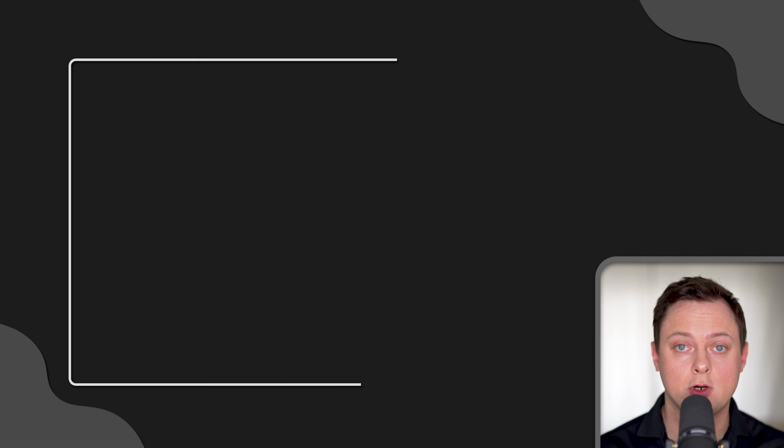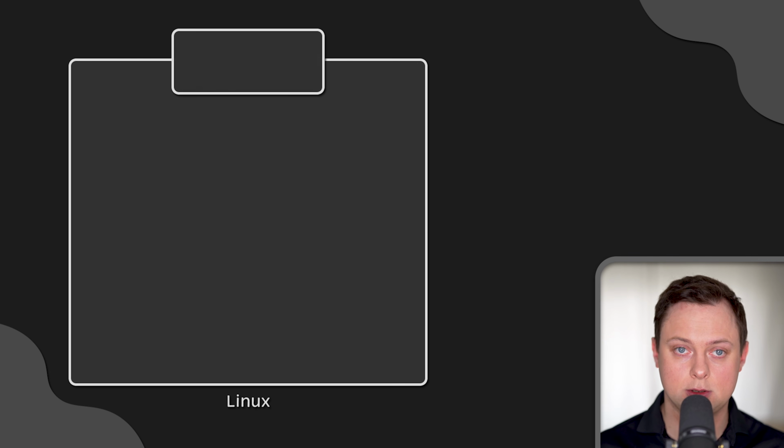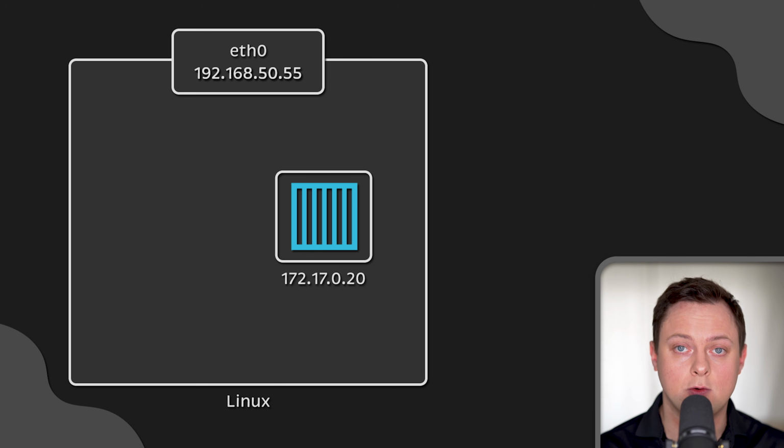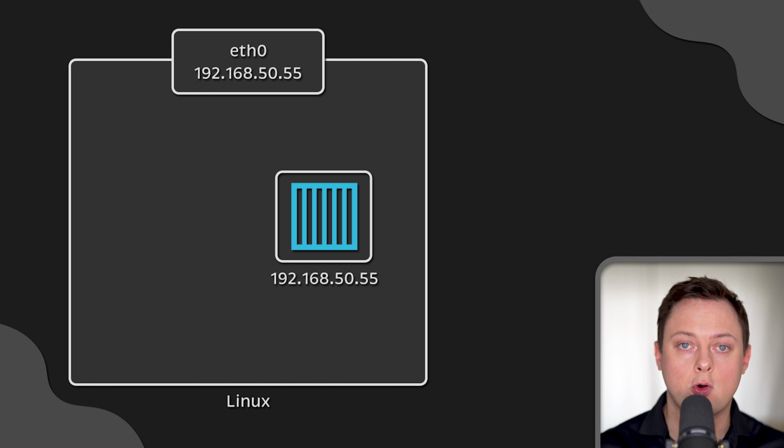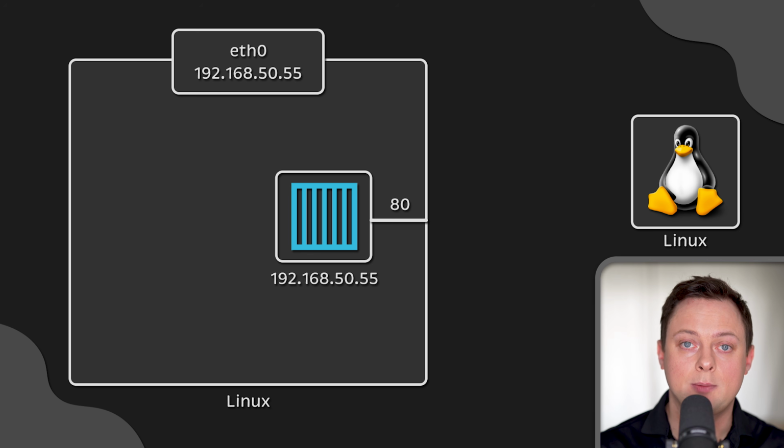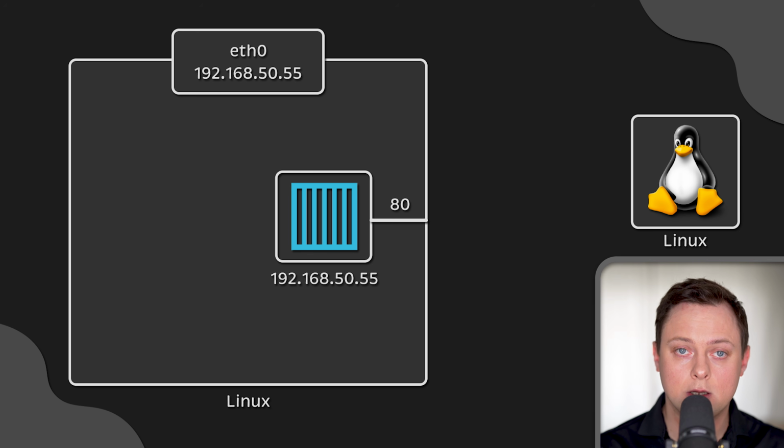The next networking mode available is called host. If you use this option, your container will not get its own IP address and will share the same networking namespace as the host where you run the container. Essentially, there is no networking isolation from the host, and it would appear as if you were running a regular application